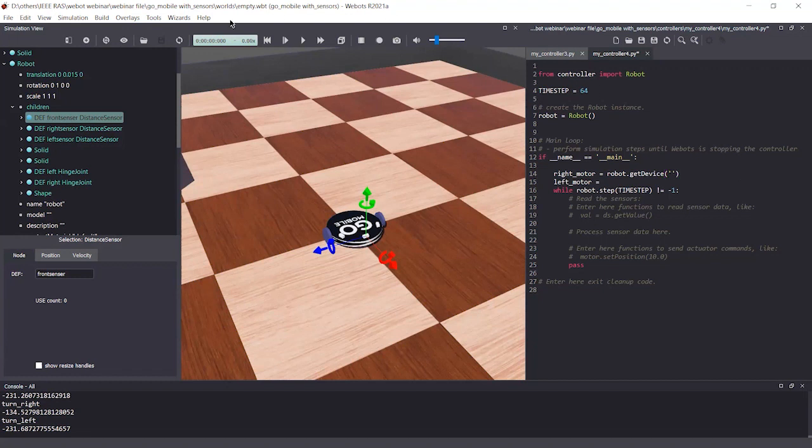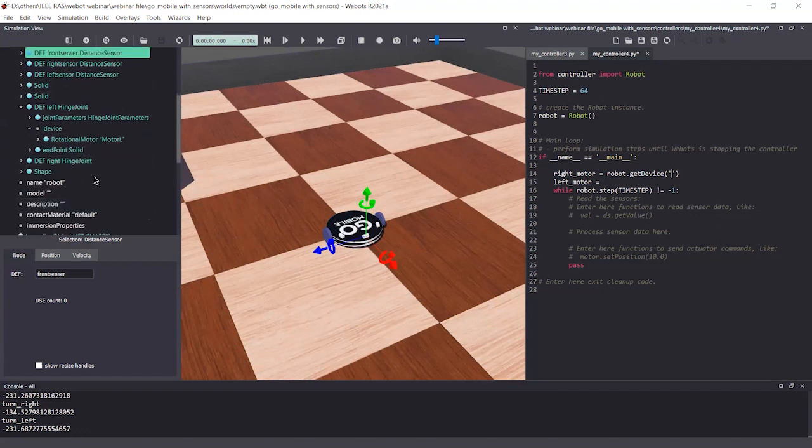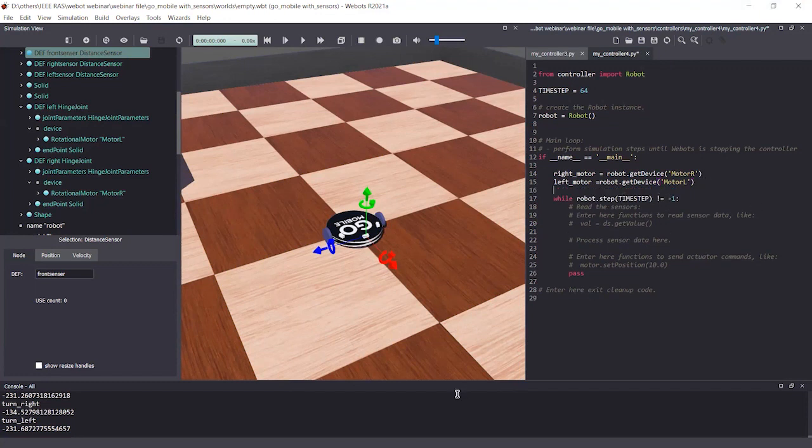You may remember we gave names to devices as motor L and motor R. So for the right motor I am going to use motor R. For the left motor, robot getDevice, the name is motor L. So now we have access to the motors.